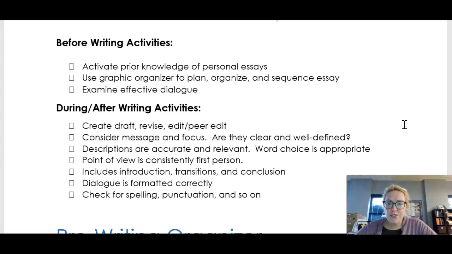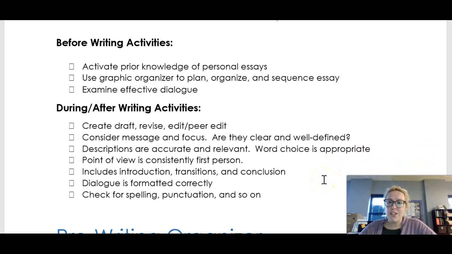You're going to create a draft. You're going to revise it. We're going to do a peer edit on it. So it means that you're going to share it with somebody else and they are going to look at it and make suggestions. I'm going to show you about that a little bit later. I'll probably put a tutorial up tomorrow showing you how to actually do a peer edit when somebody shares something with you on a Google Doc.